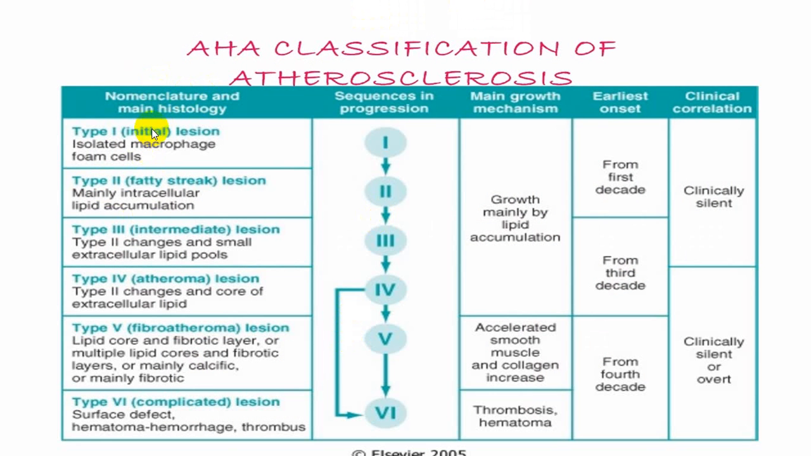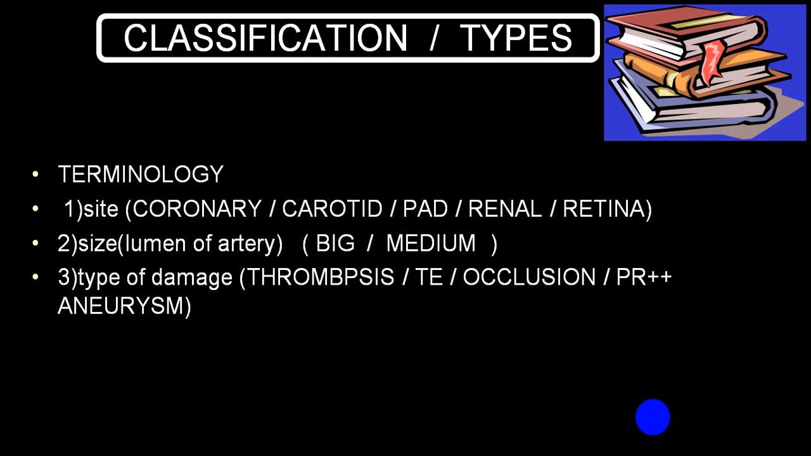So these are all the different stages of atherosclerosis, and these are the symptoms which can develop depending upon at what stage you pick up the person. Usually we use some of the terminology depending upon the site. We call coronary atherosclerosis, carotid artery, peripheral artery, renal artery, retinal, size wise, big size, medium size, small size artery,